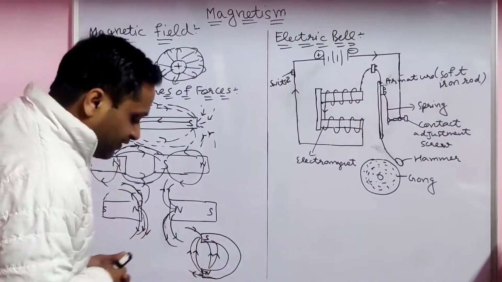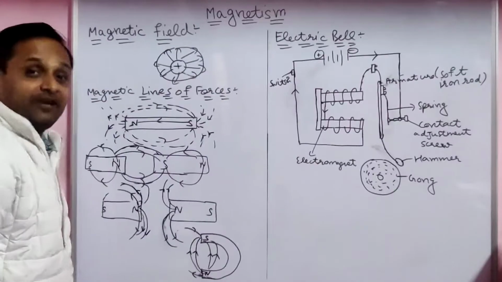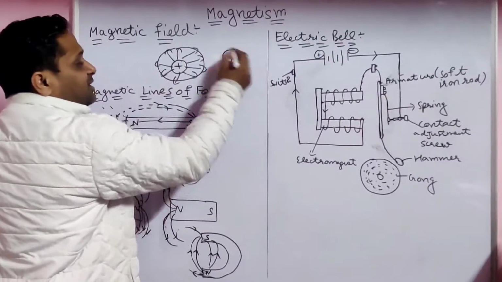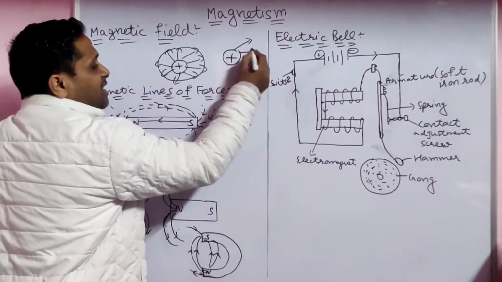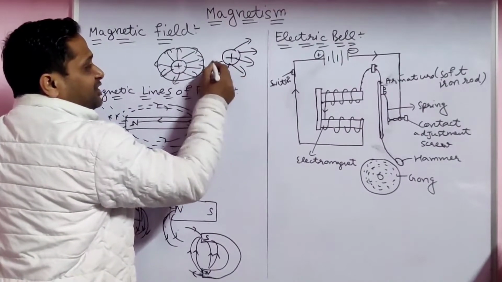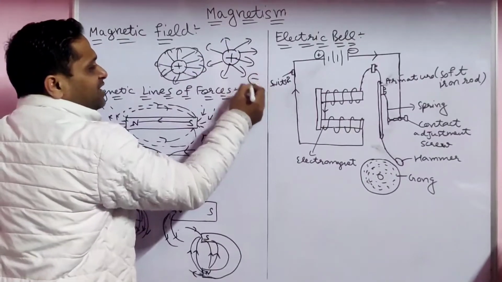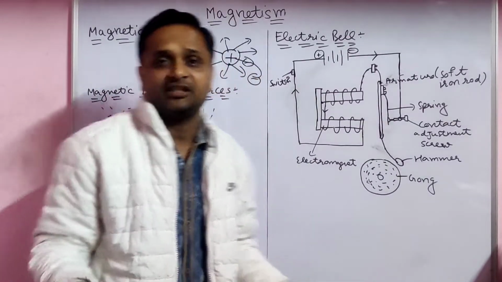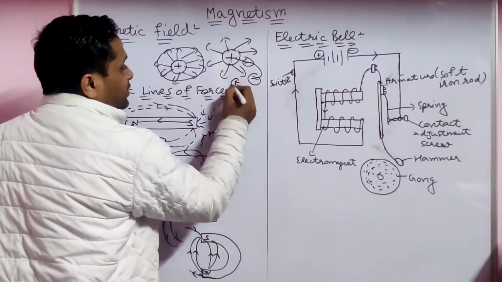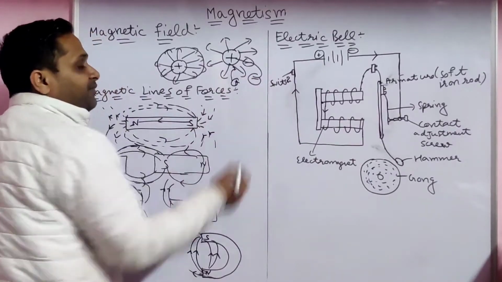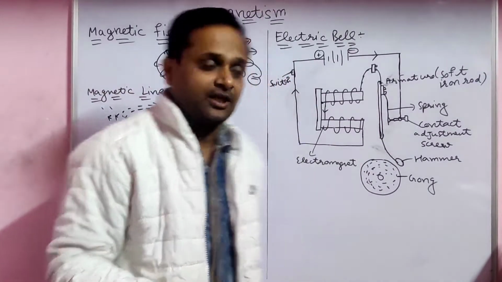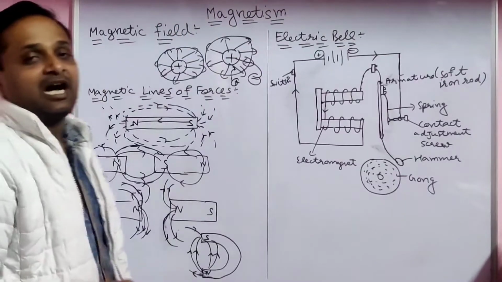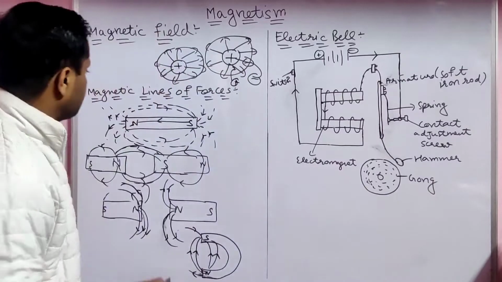Now in this lecture, I will explain magnetic field. Magnetic field is an area around the charge. For example, this is the positive charge. The area around the positive charge is where it shows its effect. If any other charge comes into this field, maybe attraction is there, maybe repulsion is there. That depends upon the other charge. If a positive charge comes, there is repulsion. If a negative charge comes, attraction is there. So that area is called magnetic field.